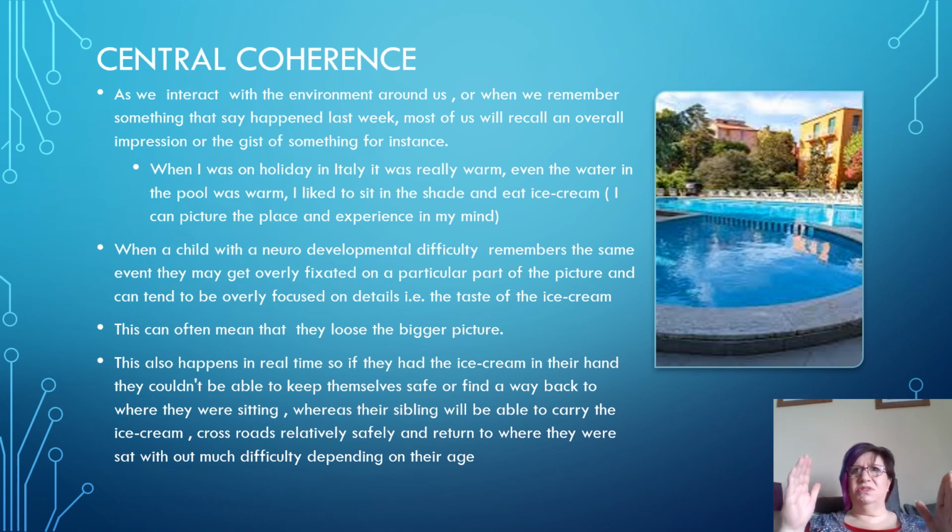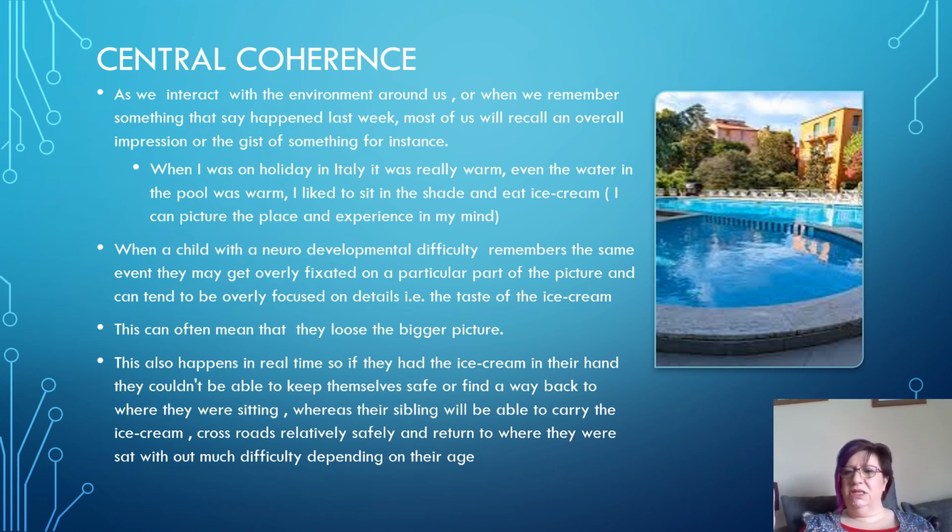So oftentimes when we're in a lively situation, it's quite difficult for a child with a neurodevelopmental processing problem to be able to focus on all of it and see the big picture. They might be really focused on just one small part of what's happening around them. So they might be particularly focused on the ice cream and not be able to focus on everything else around them. So imagine you're in that situation with your child, you go and buy an ice cream, you've got to get back to the sunbeds where they were.